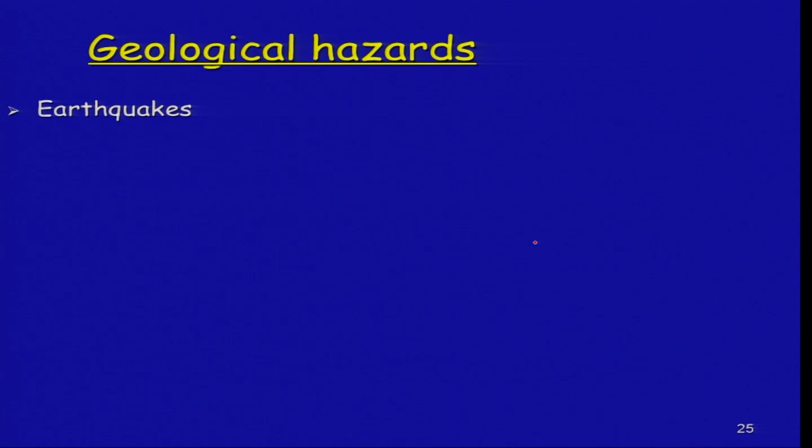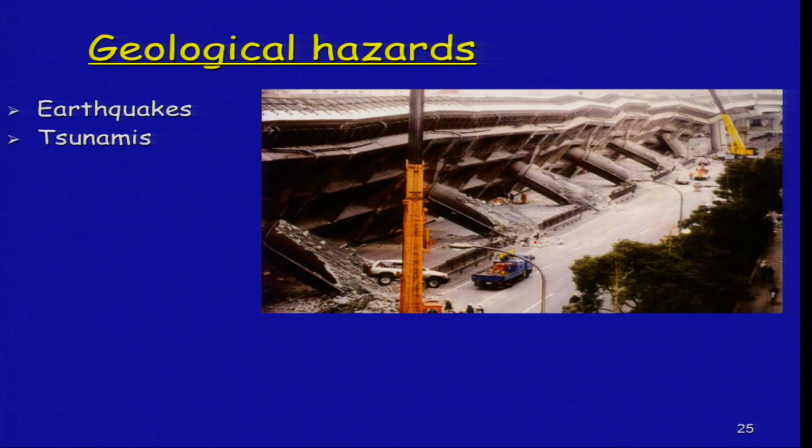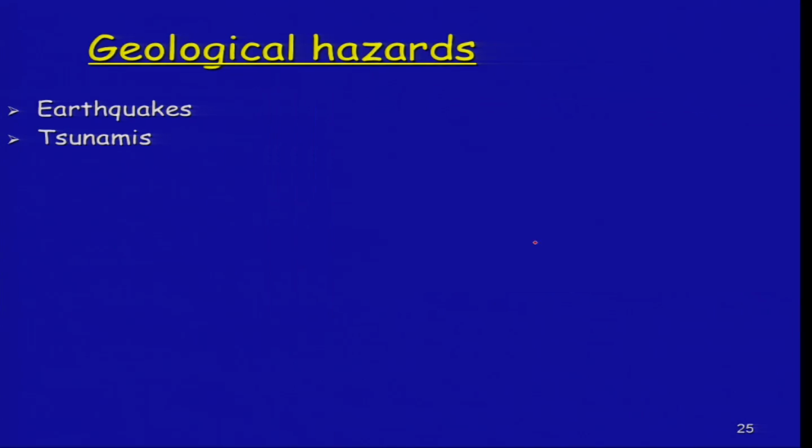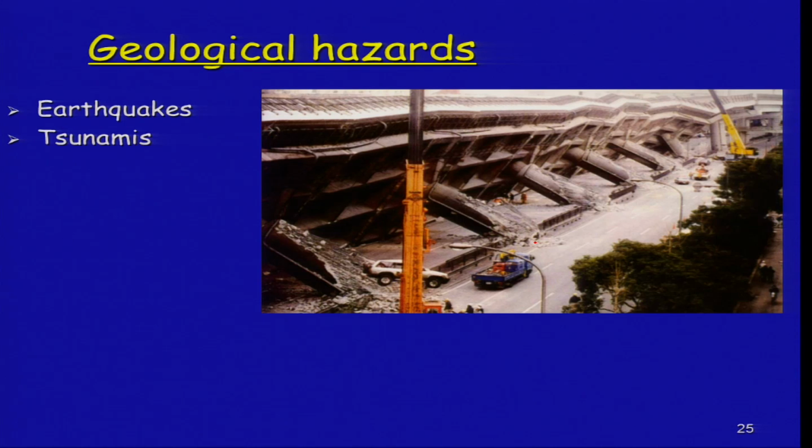Now, coming to the other part, if we consider in totality the geological hazards. One is earthquakes, and earthquakes not only result in great seismic shaking and rupture of the surface, but they also damage buildings and lifeline structures. Okay. So this is the famous photograph of the 1995 Kobe earthquake,